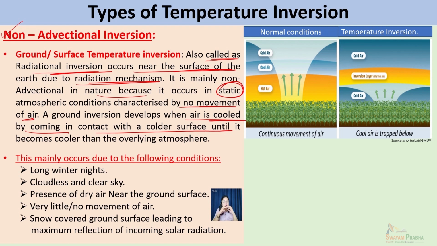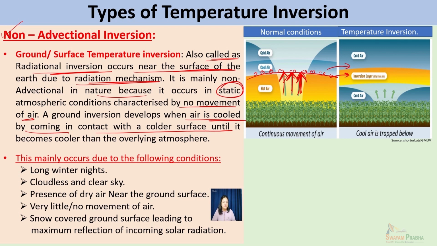In the non-advectional inversion, what happens when the air lies over the ground surface for a very long time period? The air is very stable, there is no movement of air. The air absorbs the properties of the colder surface from below, leading to temperature inversion. As you can see in the diagram, normally the air above absorbs the property of the ground surface and becomes warmer, but after a point of time, because the air has stayed stable for a very long